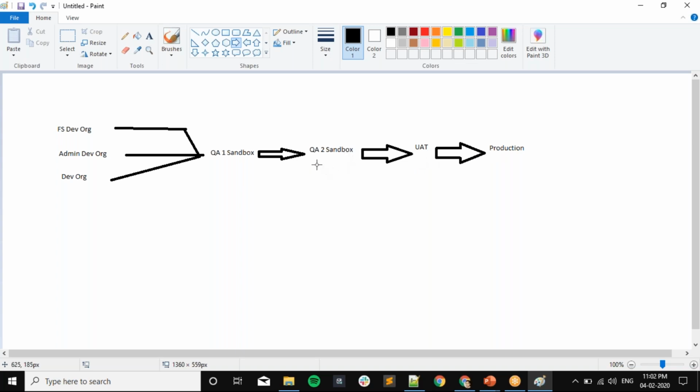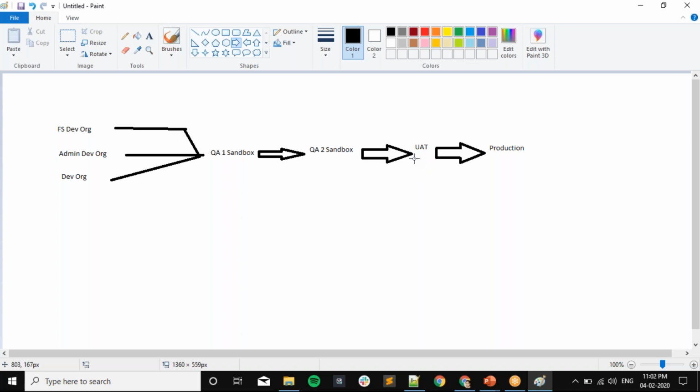Any feature we have deployed should work for this UAT, because this is the same copy of production. So if that feature is working for this UAT, then that feature will be working for production. So this is the last final stage to test. If any big feature or any big enhancement is coming from these three, four, five organizations, then we have three different teams to test over here.